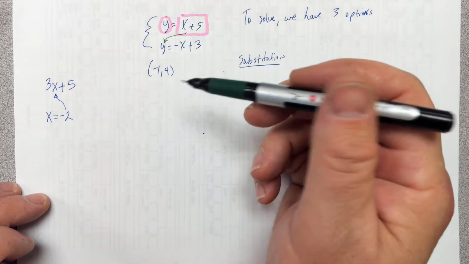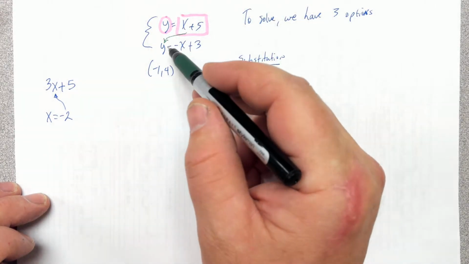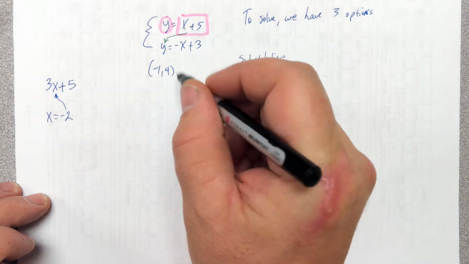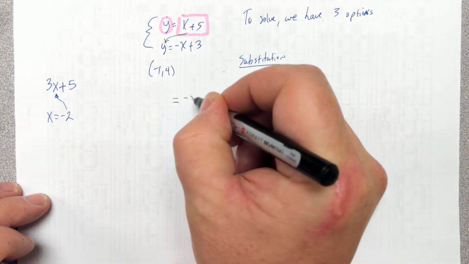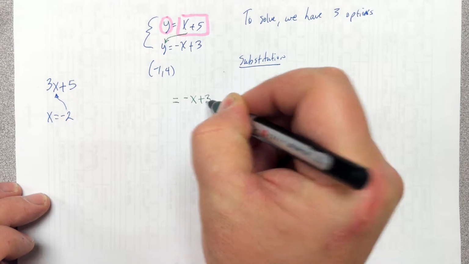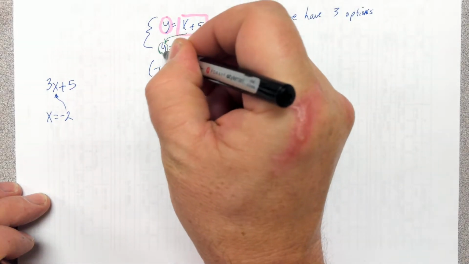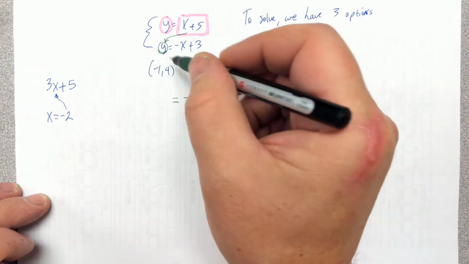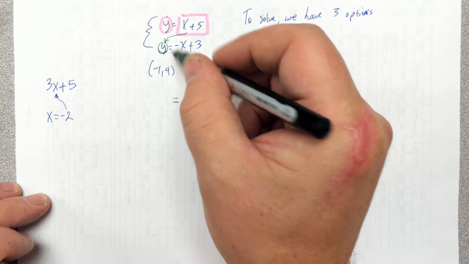So, Alex, here's what I'm going to do. This part over here on the right, I'm going to leave it the same. What I'm going to do, though, is substitute what I know y equals right there. So on the left side of this equal sign, I'm going to put,